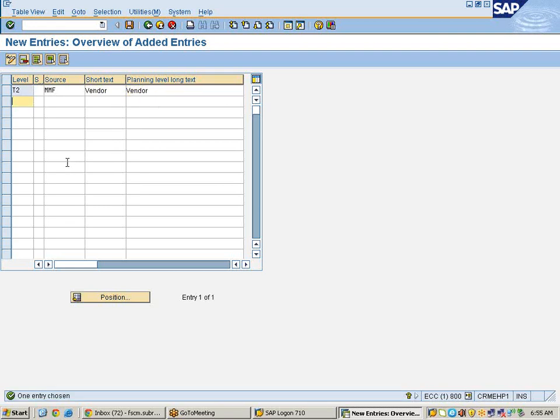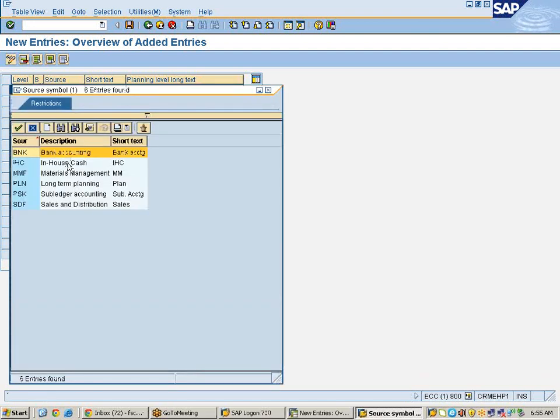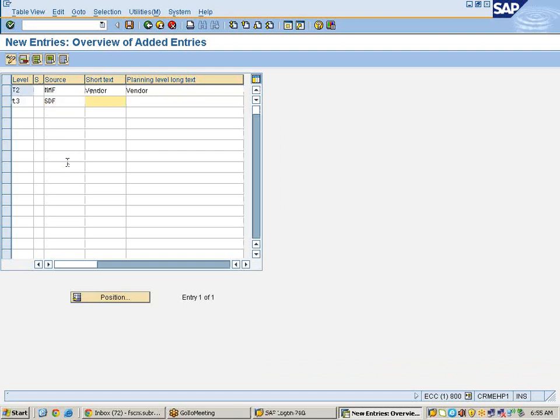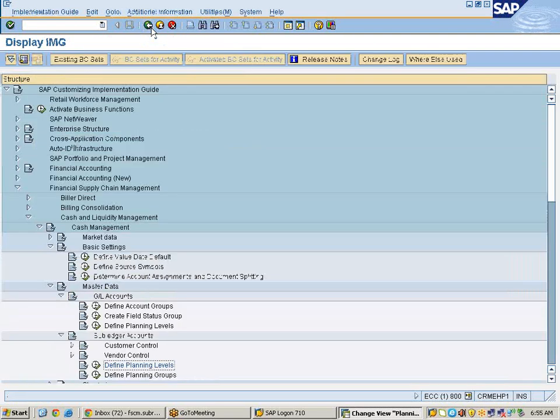And I require one more, that is called T3, which is sales and distribution, customer. Saving. So now we have designed three planning levels. One is T1, which is related to bank account, T2, which is related to vendor account, and T3, which is related to customer account.